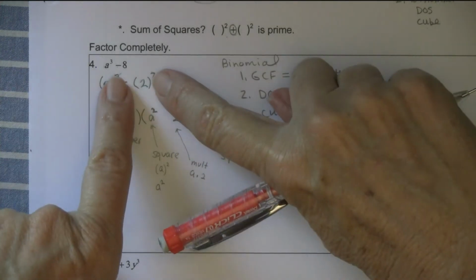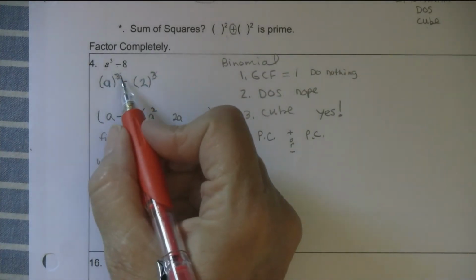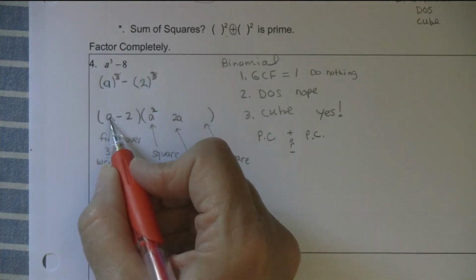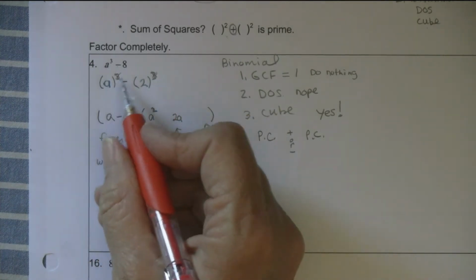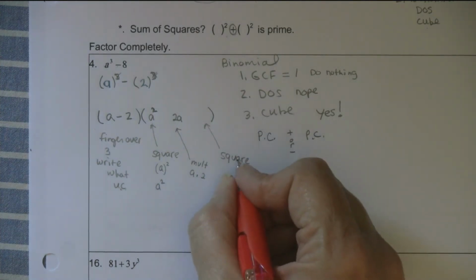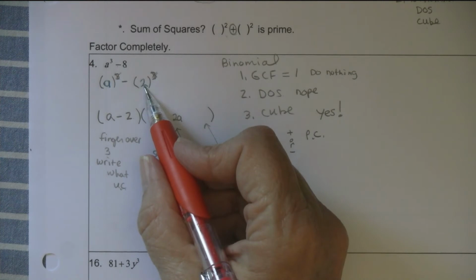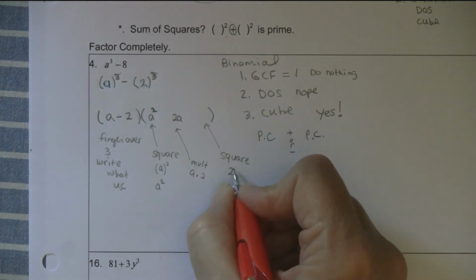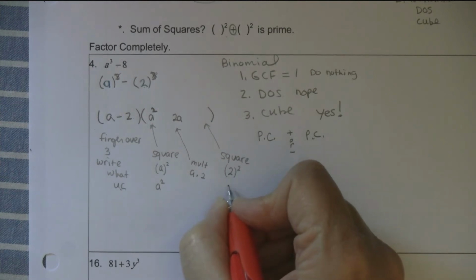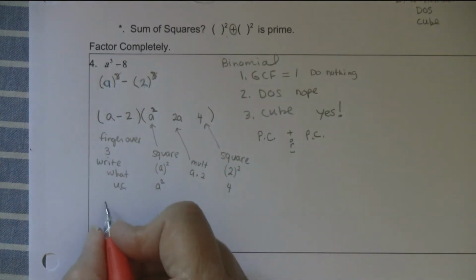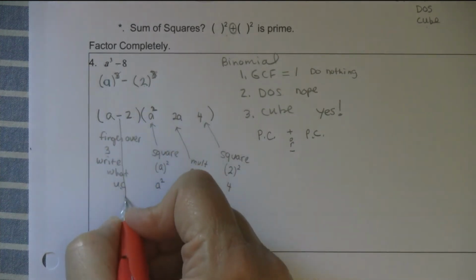So I'm here having my finger over the 3, so I crossed them out because I can't put my finger over them and see them at the same time. And then I'm writing what I see, which is A minus 2. I leave out the parentheses around it, right? And then I'm squaring, and what do I square? I square the last thing and put it in the last spot. So I'm going to square 2. 2 squared is 4. And then the song abruptly ends,